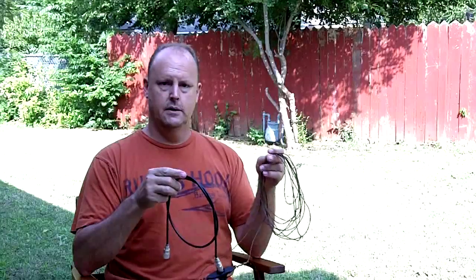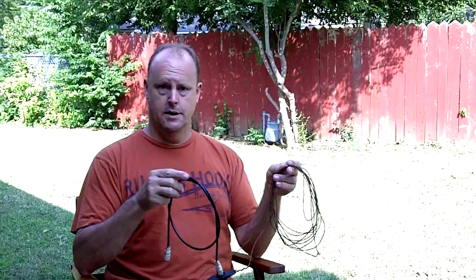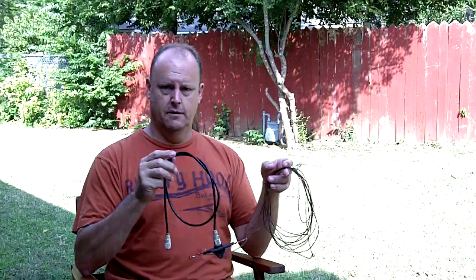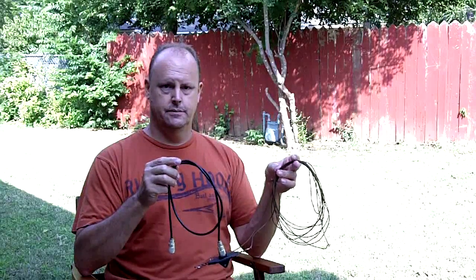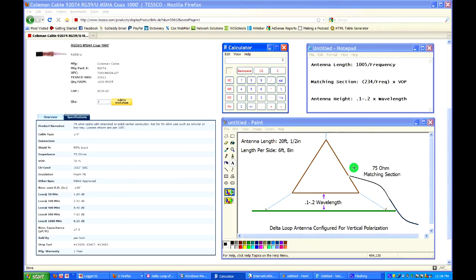So we've got two calculations: the length of the antenna wire itself, and the length of the matching section. And I'll show you now both of those calculations. Alright, I know I said there'd be two calculations, but I'm going to throw in a couple of extra ones as bonuses here. The first one we're going to start with is the total length of the antenna wire for the Delta loop. And the constant we use for that is